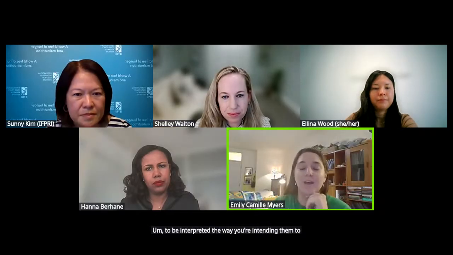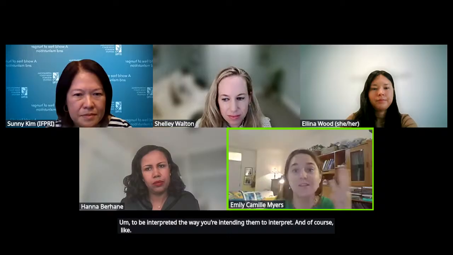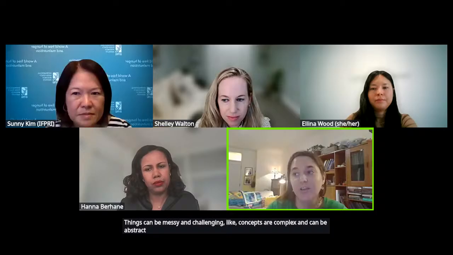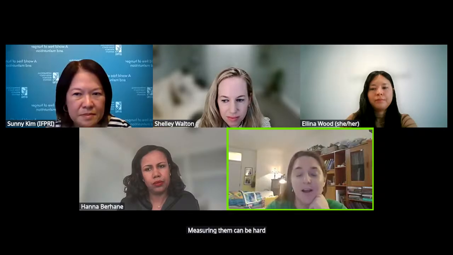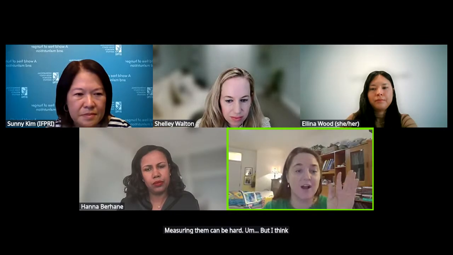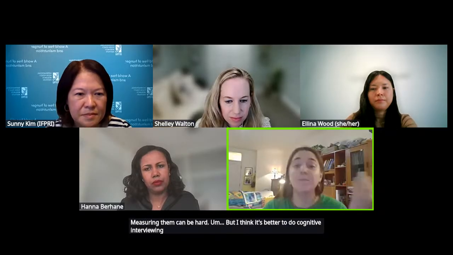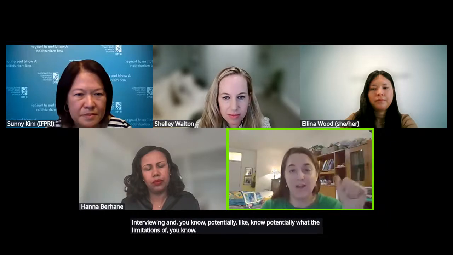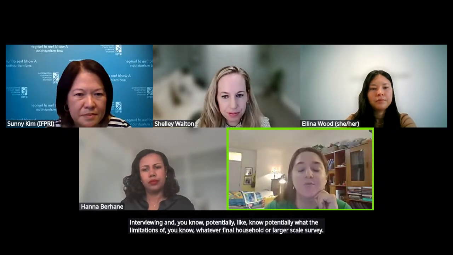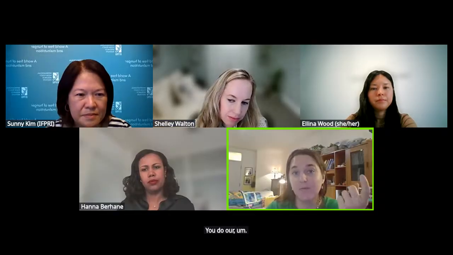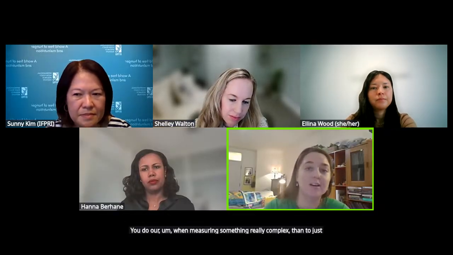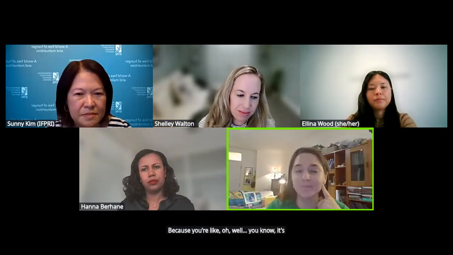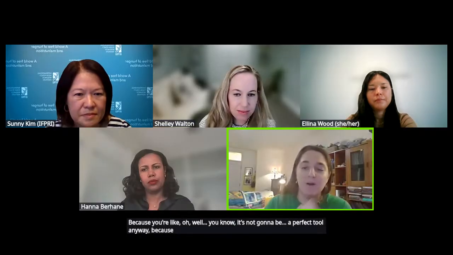And of course, things can be messy and challenging, concepts are complex and can be abstract and actually measuring them can be hard. But I think it's better to do cognitive interviewing and understand the limitations of whatever final household or larger scale survey you do when measuring something really complex than to just skip the cognitive interviewing because you're like, oh, well, it's not going to be a perfect tool anyway because the topic's so complex.